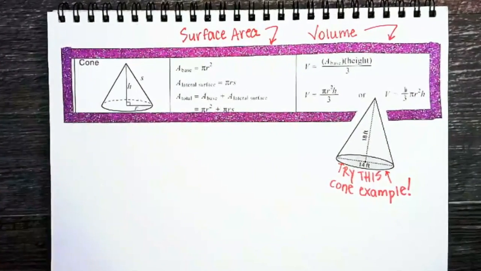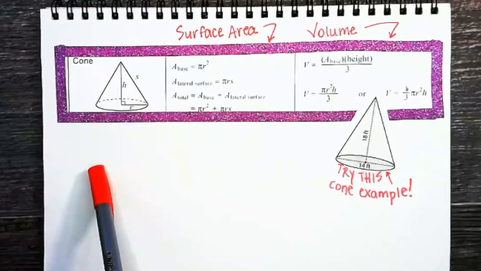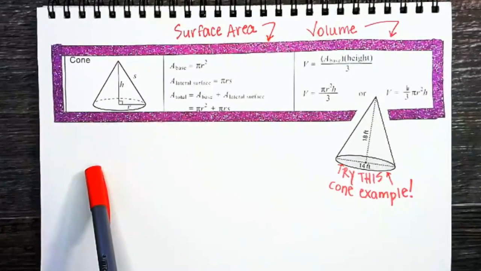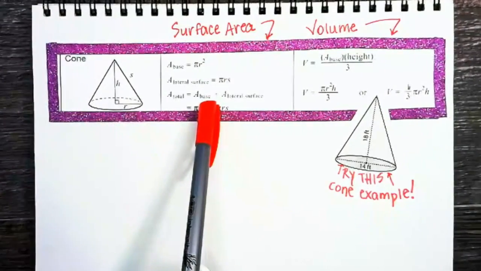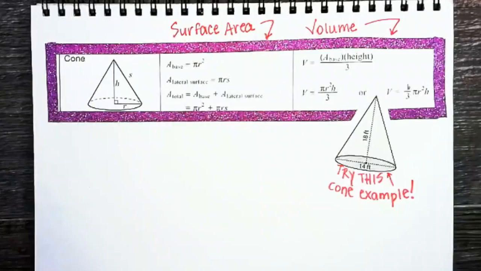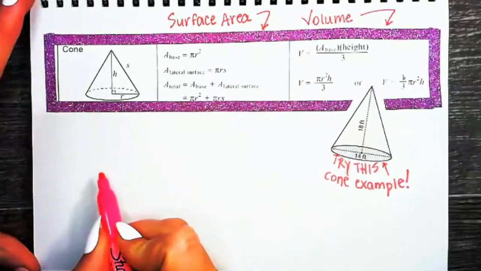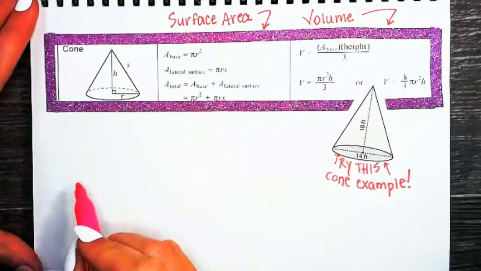To get this started, we're first going to redraw a picture of a cone on our own. I'll give you a couple pointers on how to draw a cone, and then we will just rewrite the volume and surface area equations and try this cone example. So let's get started. The first thing I like to do, especially when drawing cones and pyramids, is I like